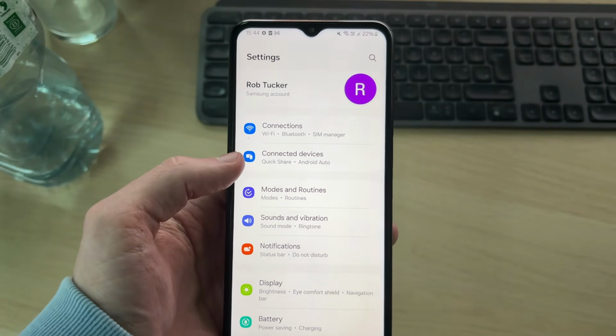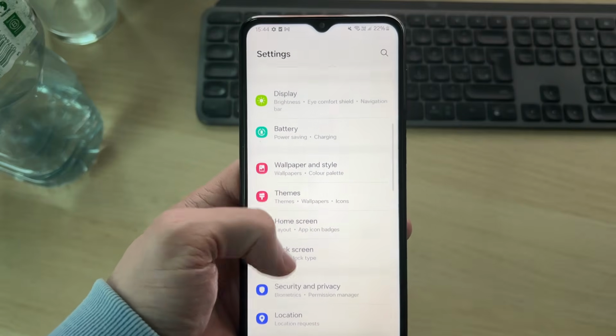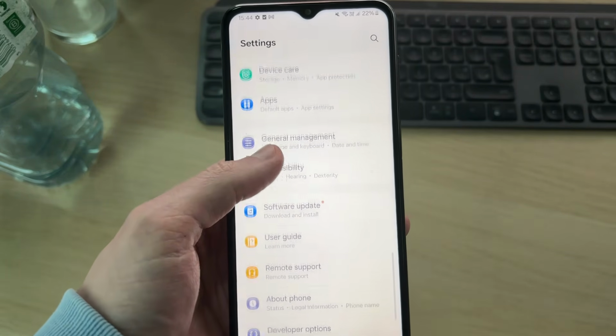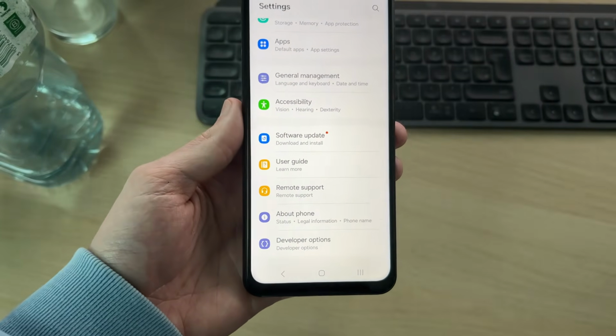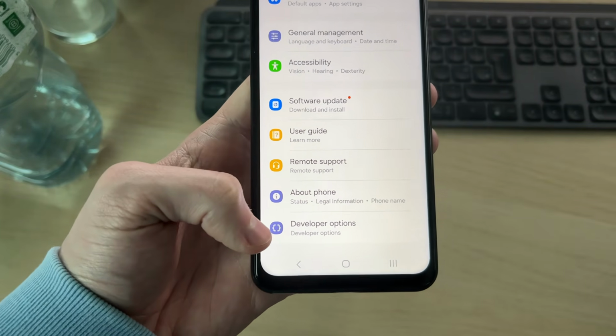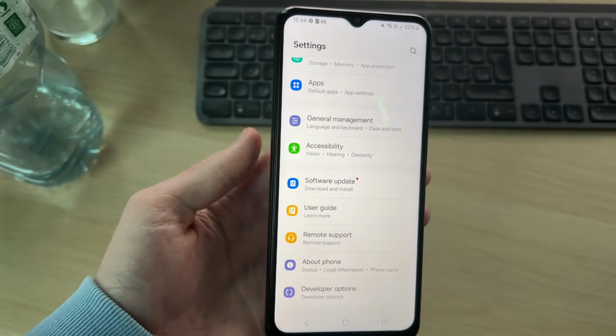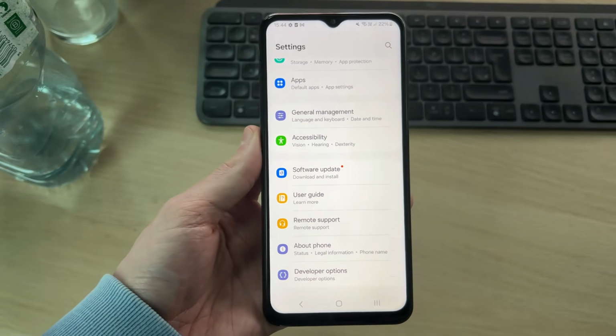So now what we can do is scroll down here. And at the bottom, you're going to find the option for developer options, as you can see above about phone. So when we turn them off, this will then remove developer options from the list. As I said, you can always turn them back on again if you want them again in the